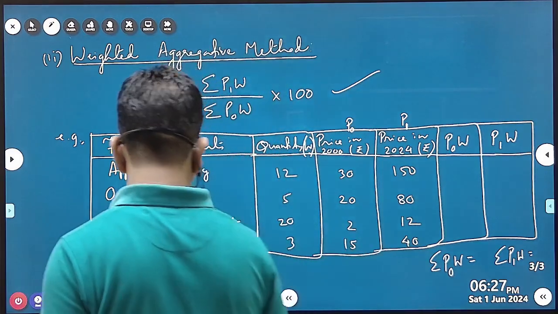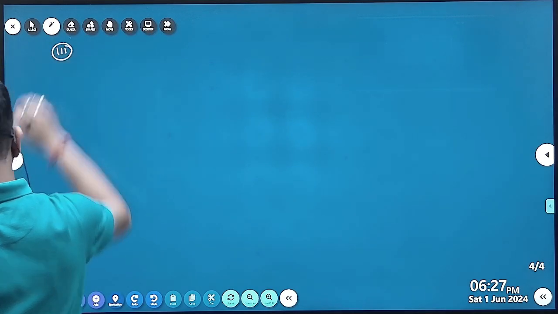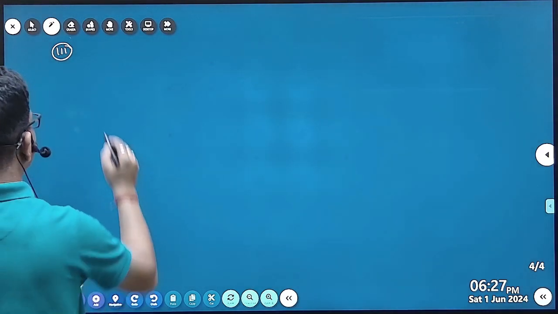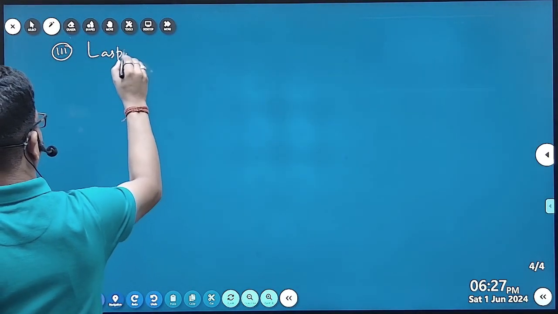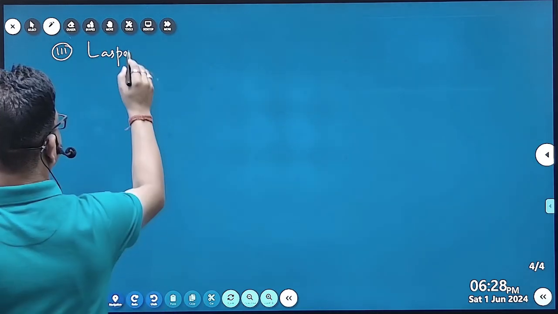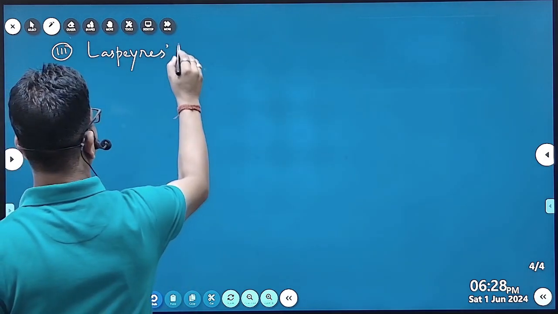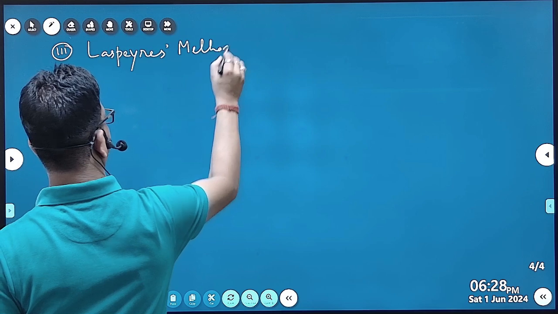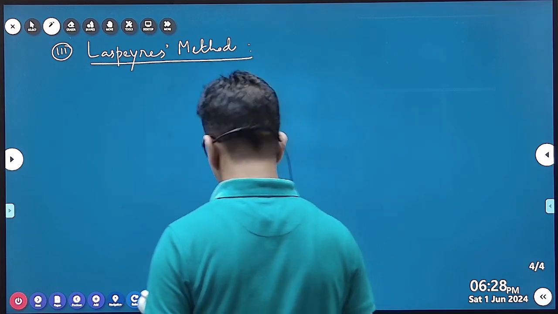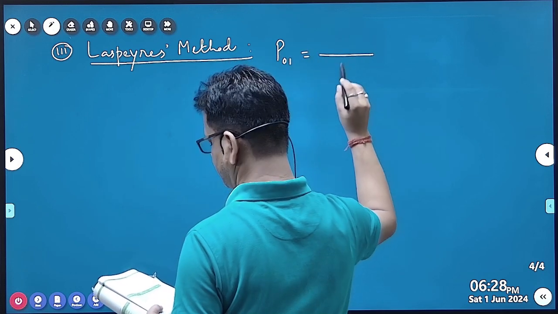So let me write, you all please continue. So let me write the number 3, the other method. Lespeyres method to calculate the price indices. Okay, so it is P01 equal to summation of